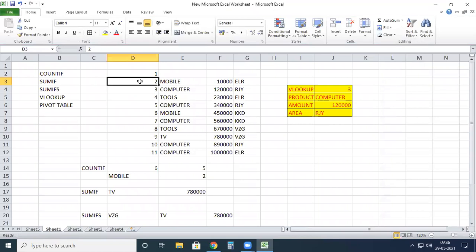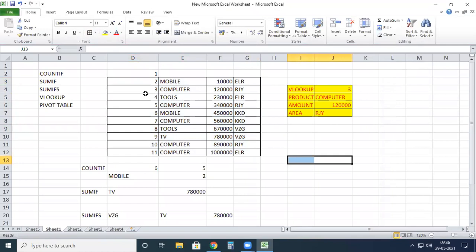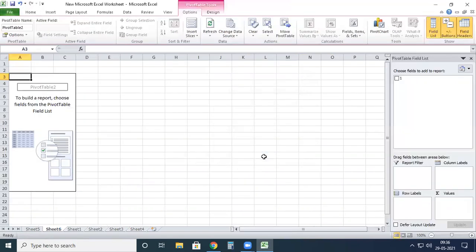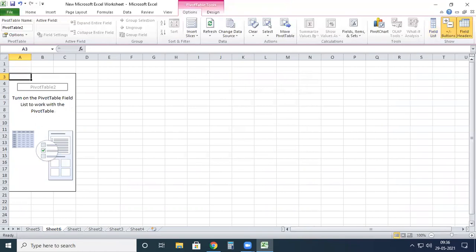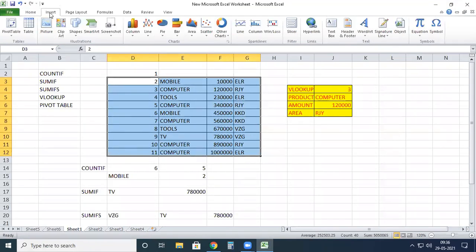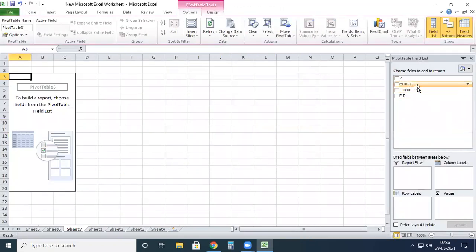I will try to consider this. You try forming this one as a table. Okay, and you select it now and try to insert the pivot table. Okay, so just one column is displayed here. Please wait. Okay, we will try to select the table like this and insert pivot table. Yes. So now we can see the values.